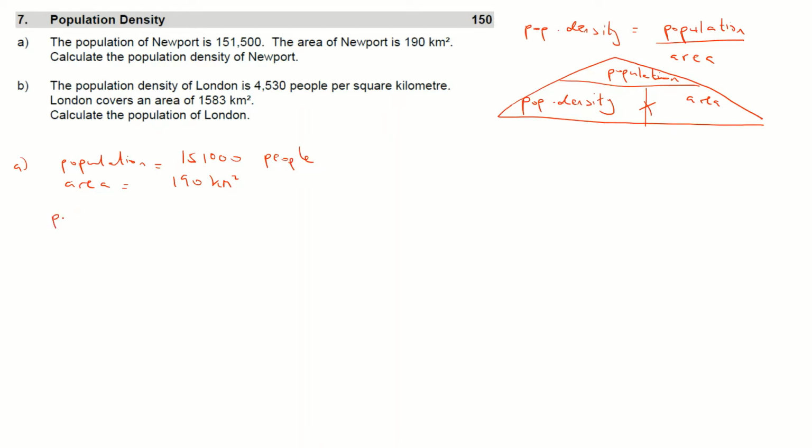Okay, so the pop density is the population divided by the area. So that's 151,000 people divided by 190 kilometers squared. Again, watch those units, they're essential. And work it out. So 151,000 divided by 190 gives me